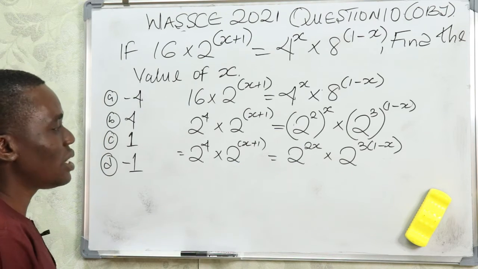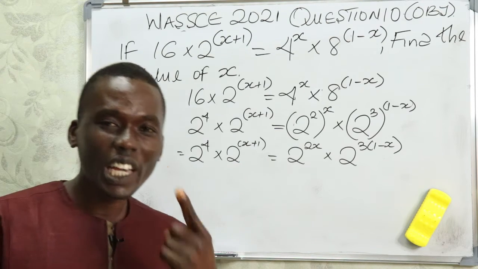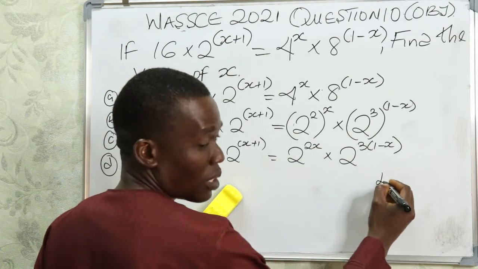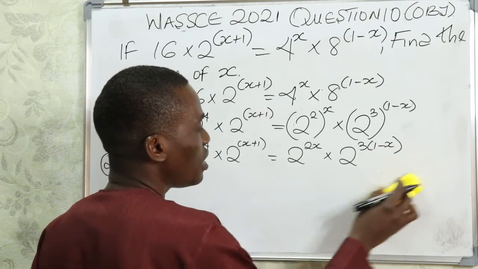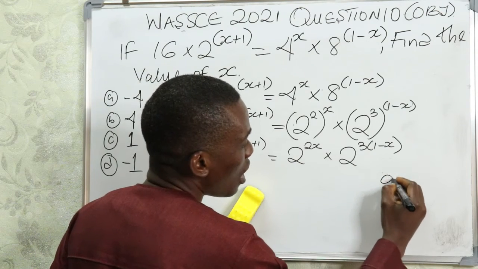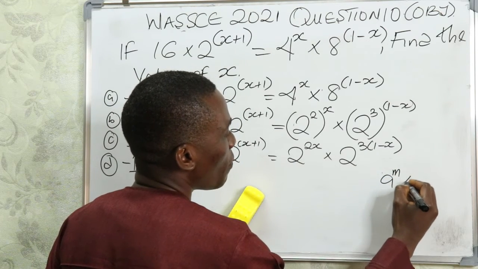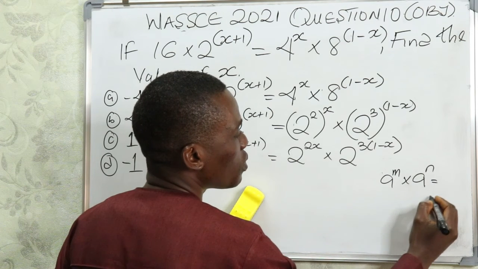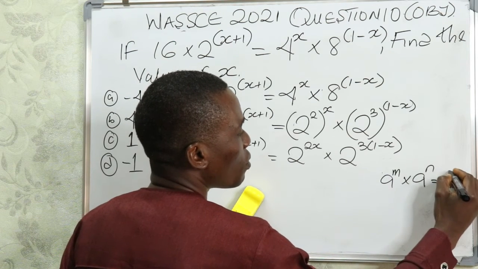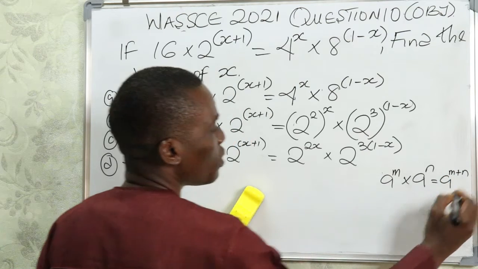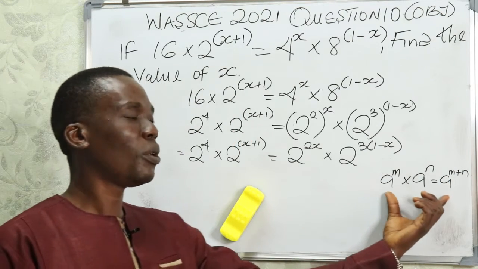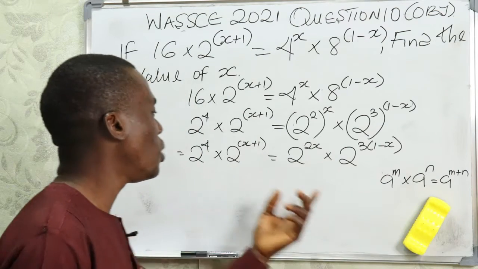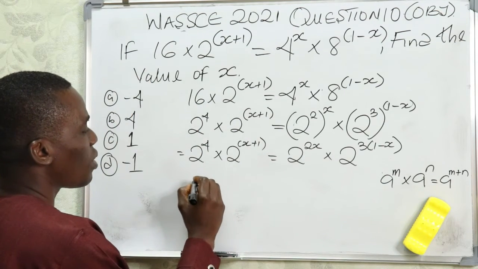So this times this. Remember your laws of indices: a raised to power m times a raised to power n will be equal to a raised to power m plus n. That's the simple law of multiplication in indices. So applying that here, we'll have